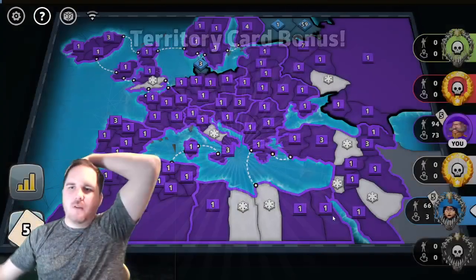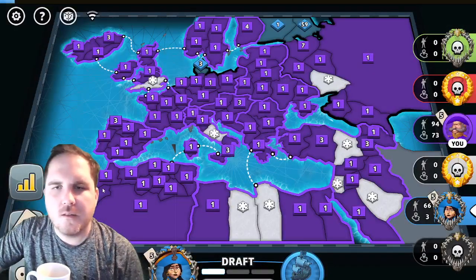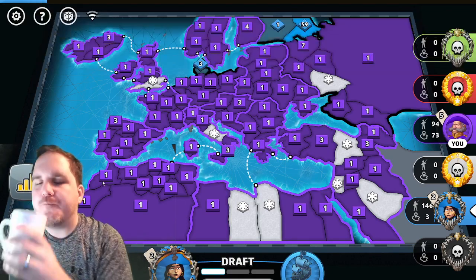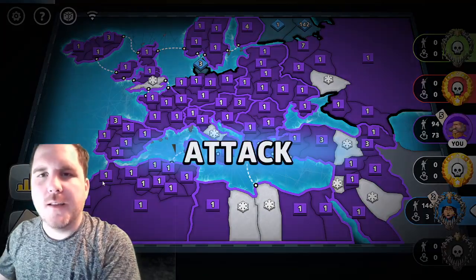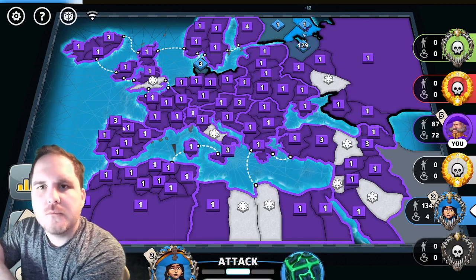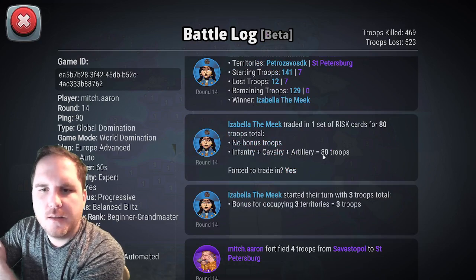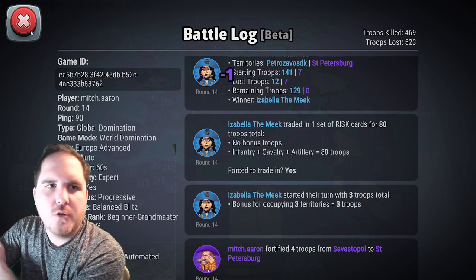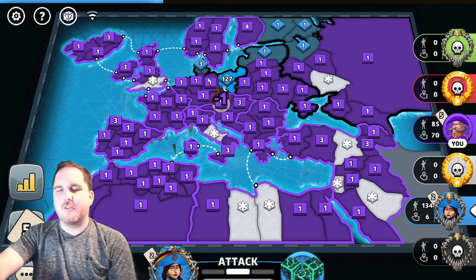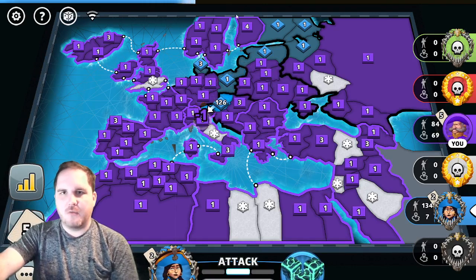So he's getting, what's cards at? I could have played that a little bit better. No, I couldn't have blocked him off that side, huh? So he got 80 troops. I'm getting cards next turn. I'm not going to have enough to take out a 120 stack, but I'm going to do just as much damage as I can, follow back through this path,